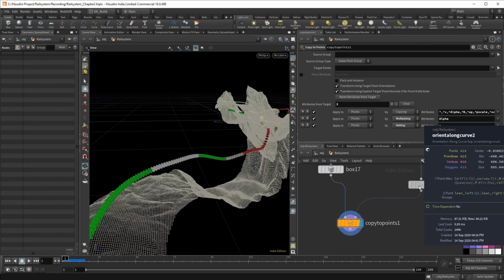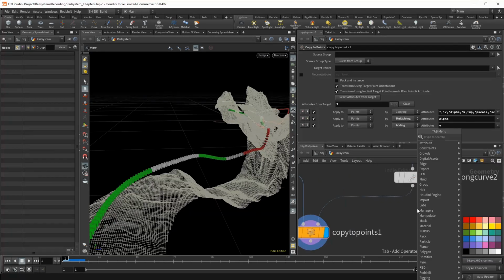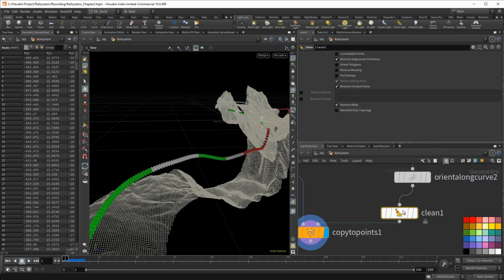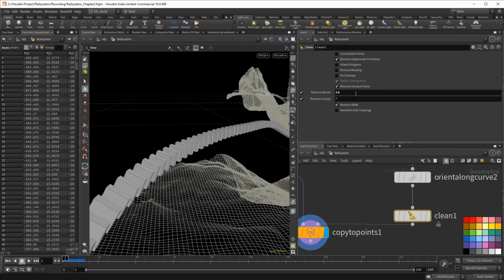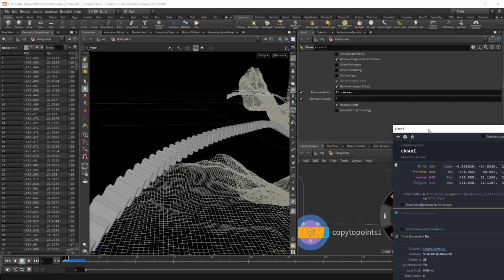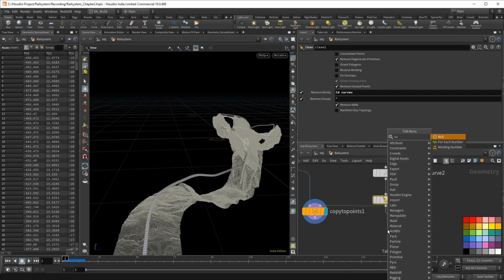Let's close this clip with some cleanup. We created a bunch of groups and attributes that we don't need. Throw down a clean SOP, and we get rid of the lean groups. And we don't need the color data and the curve U attribute anymore. That's also a good place to throw down another output null. Now we have a truly oriented curve.